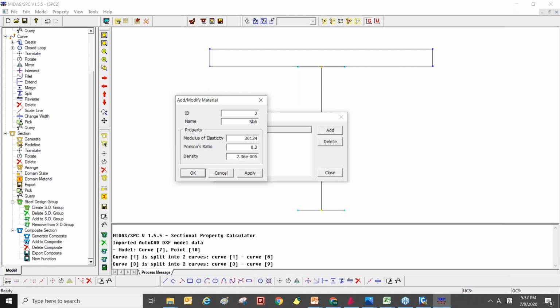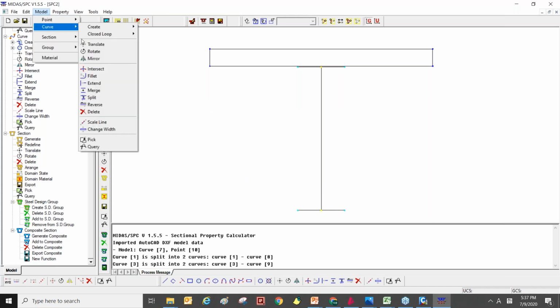Okay. So I need two types, the concrete and the steel.